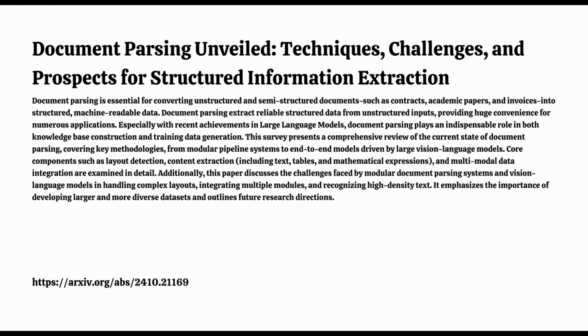We now have graph convolutional networks, GCNs, which are specifically designed to understand relationships between elements. Think of it like a family tree. A GCN can analyze how people are related and understand the connections between them. In document parsing, a GCN can do the same thing with document elements, figuring out how they relate to each other to extract meaningful information. So it's not just seeing the elements, it's understanding that underlying structure and relationships. It is. That's pretty amazing.